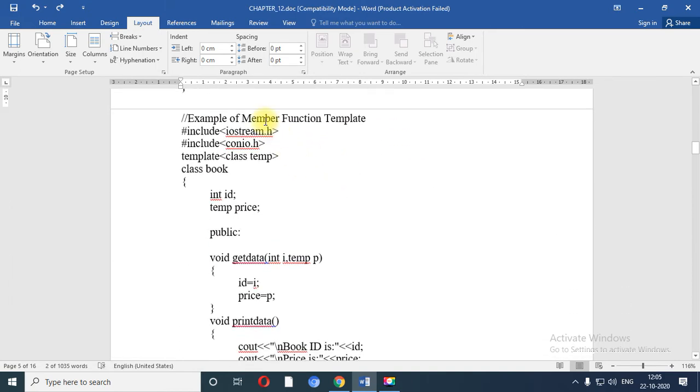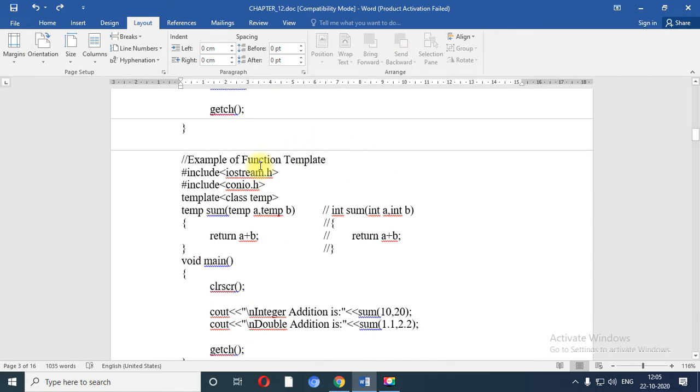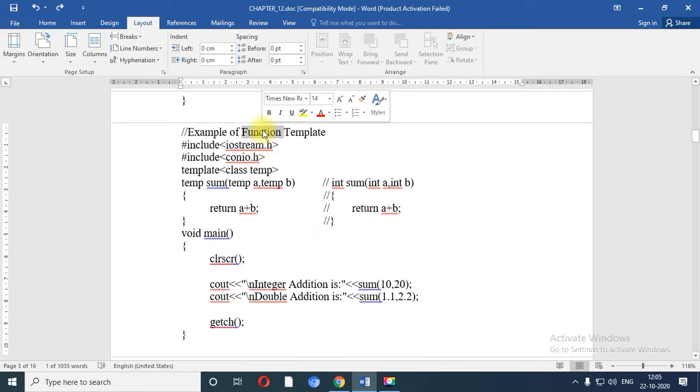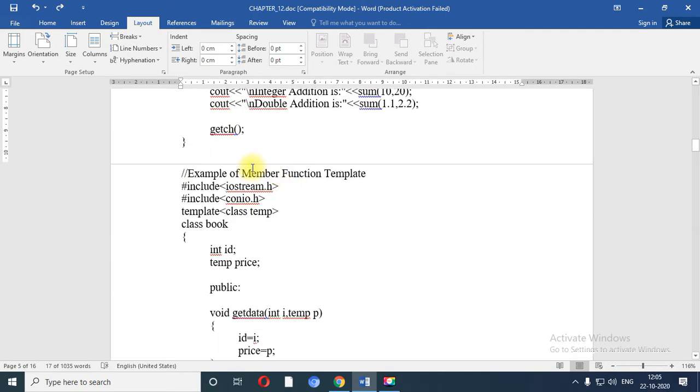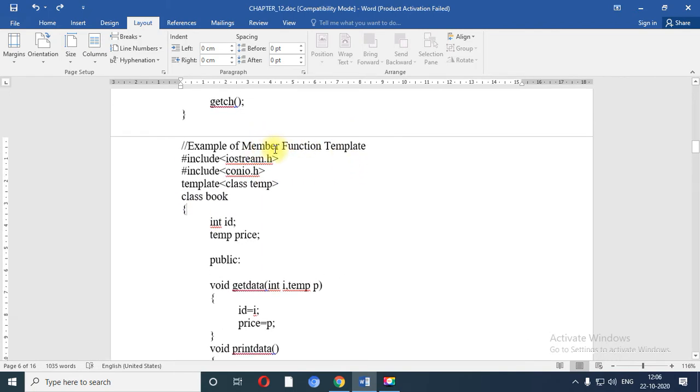Third is called member function template. Now see, don't ask me what is the difference between function and member function template. See, if function template is there, it is not part of any class, but yes, if you declare any function as a member function, it must be part of any class. Then and then only you can call that function a member function template. So when there is a requirement to create such kind of member function template, at that time first of all you need to create one class.